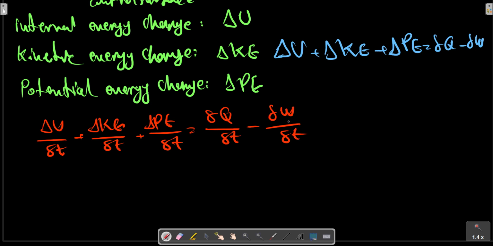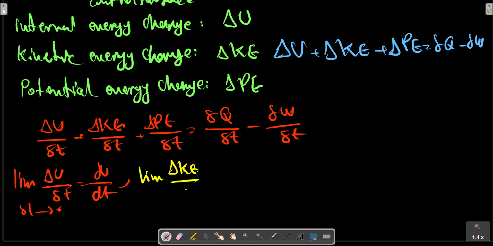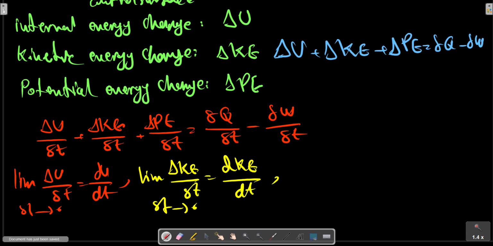Taking the limit for each of these quantities as delta t approaches 0, we have the first limit, delta U on delta t, which becomes dU on dt, and the second one is also dKE on dt, and the third one